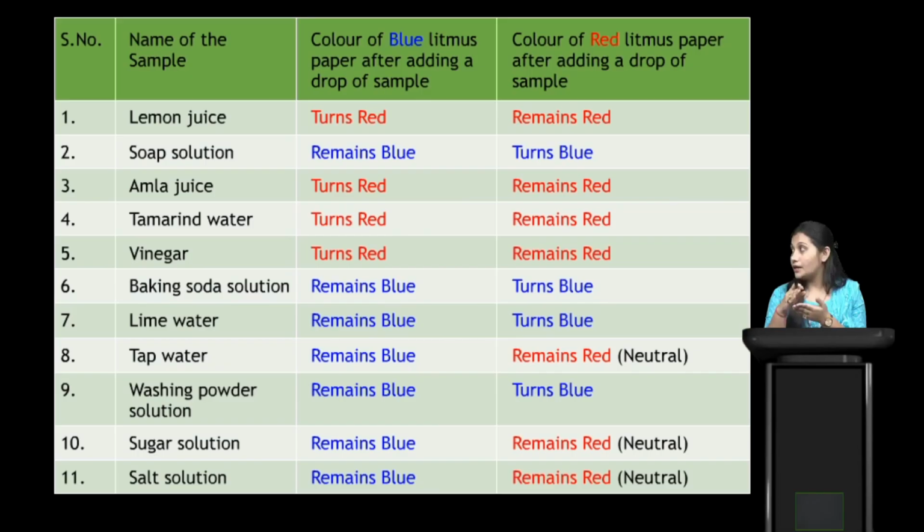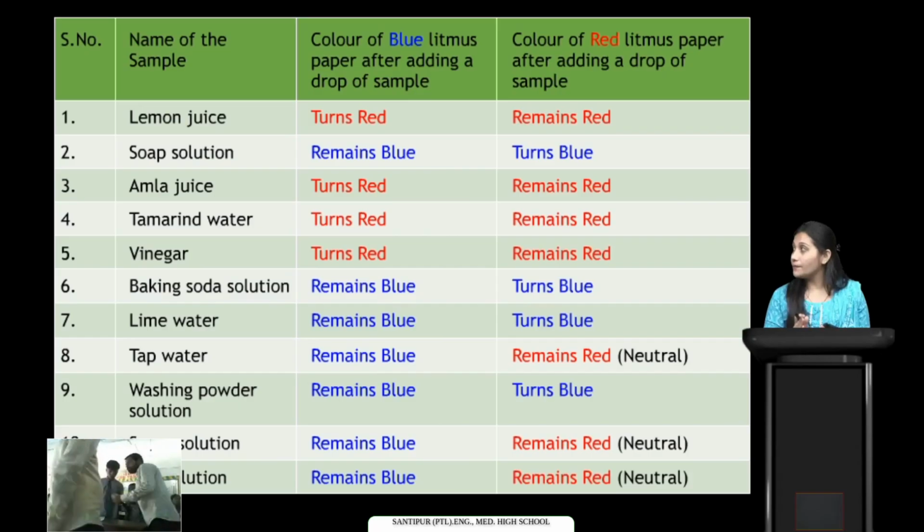Now here comes the tap water. If we use the blue litmus paper in the tap water, it remains blue. And if we use a red litmus paper, it remains red. So the tap water doesn't show any color change in either the blue or the red litmus paper, isn't it? Now comes the washing powder solution. The washing powder solution also, if we